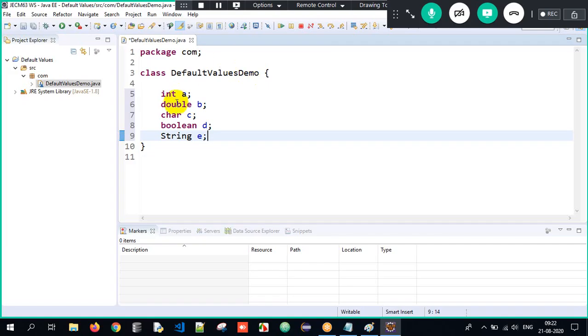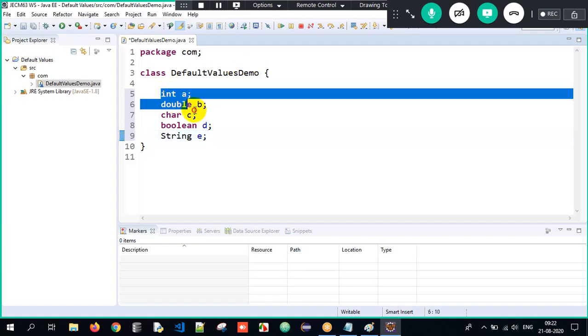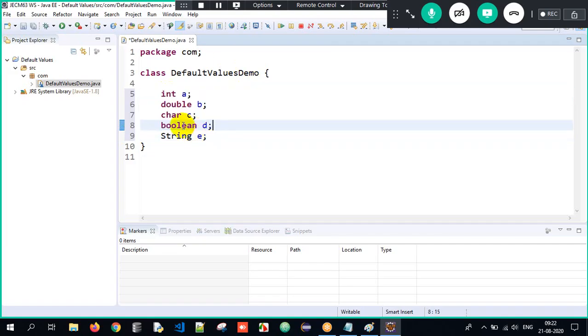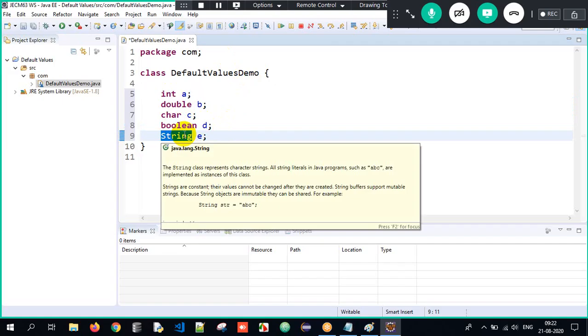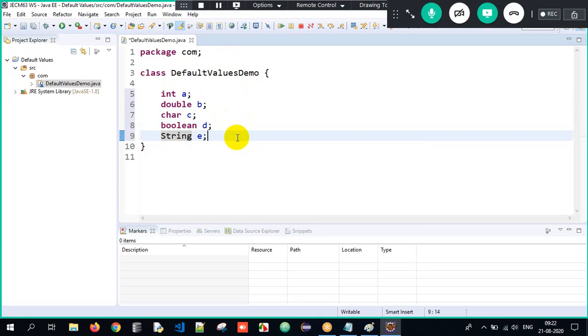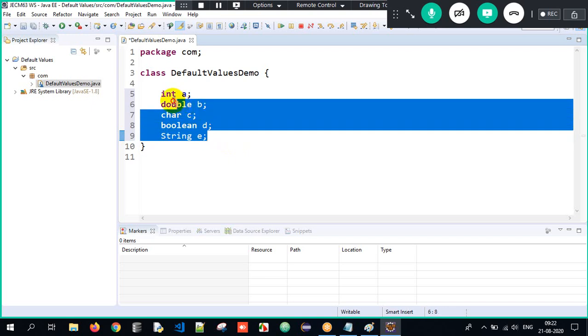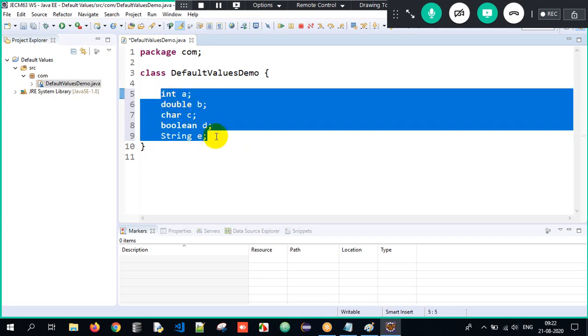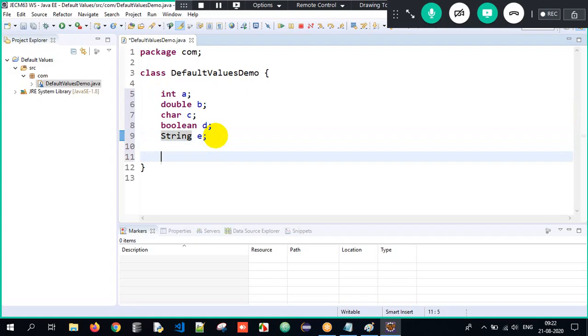But if you closely observe, these four have changed their color, correct? Boolean, char, double, int. Why? Because they're all keywords. But String is a class, a predefined class. We will talk about everything later, guys. Not everything in a single day. Slowly we'll understand. Now I have declared 5 variables here, and all the 5 variables are non-static variables,